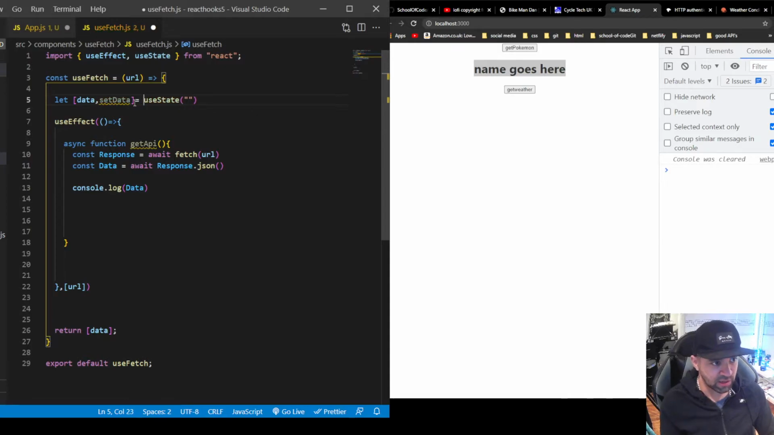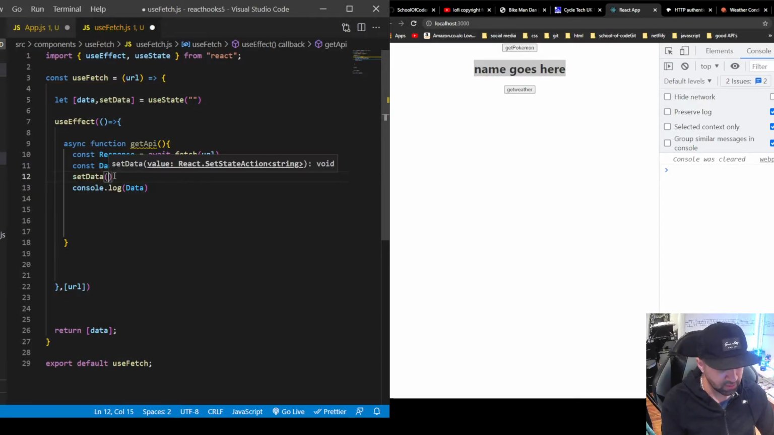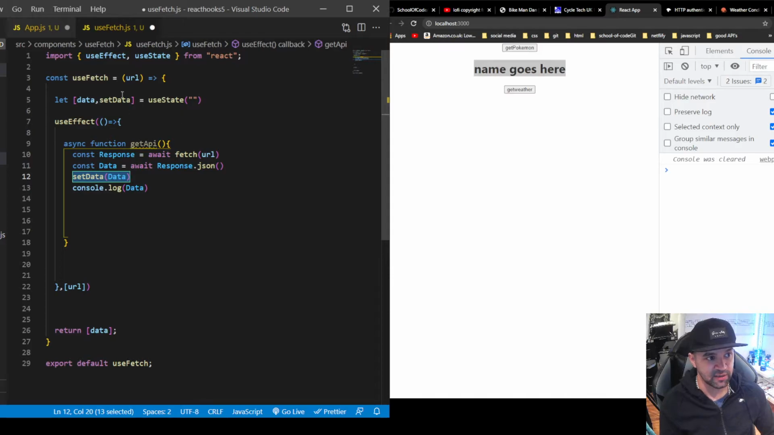Let's put the equal there, nearly forgot it. So I'm going to say set data to the data. So when we call this function we're going to get a response with our data. We're going to set the data to our useState variable, which is going to be returning our data,